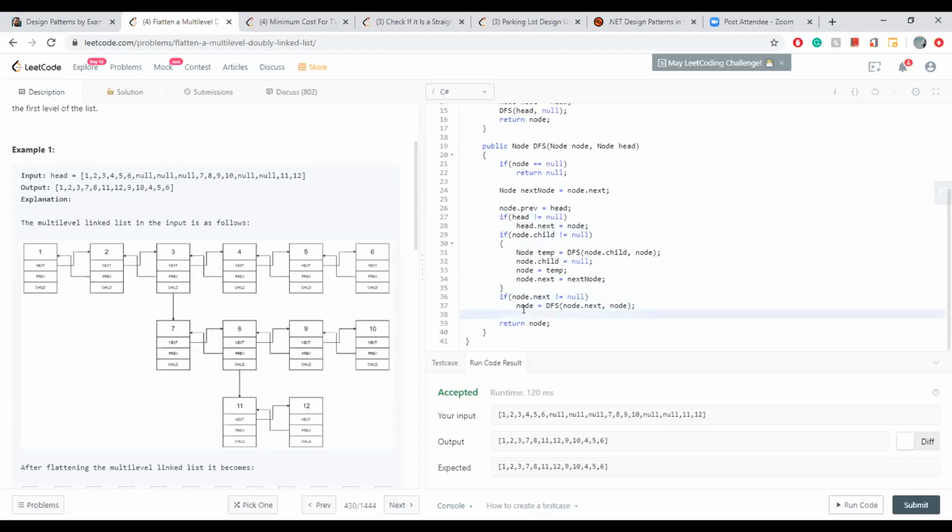That condition you will enter anyway, even if you have a child or you don't, right? Yes, but in this example, I'm just walking through at line number 7. So when you go to 7, there's no child, and when you go to 8, again you have a child, so you go to 11. At 11, line numbers 26 and 28 will take care of linking 8 and 11: 8's next will be 11, and 11's previous will be 8. At 11, there is no child, so you go to 12, which is next. At 12, there is no child or next, and I return 12 here.